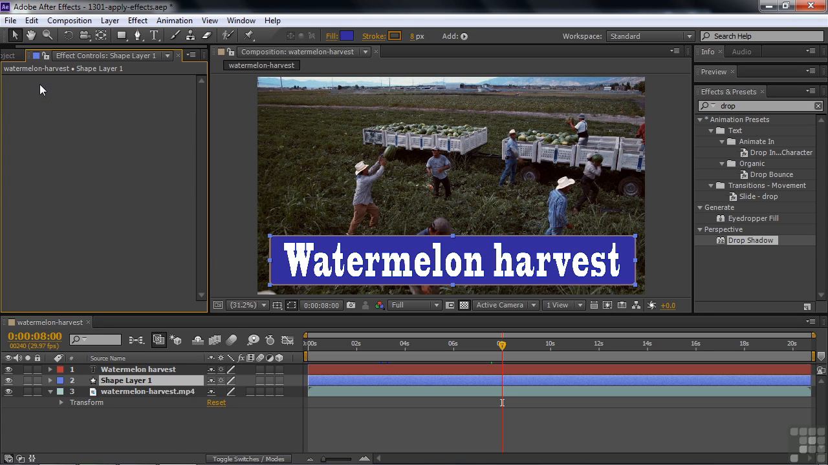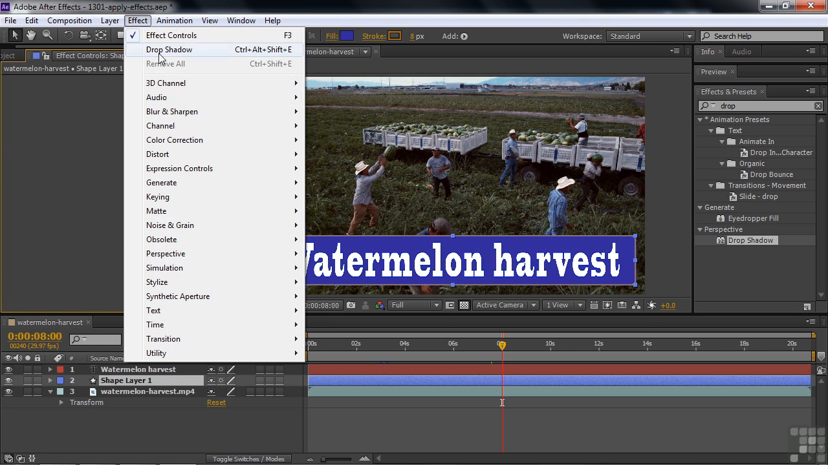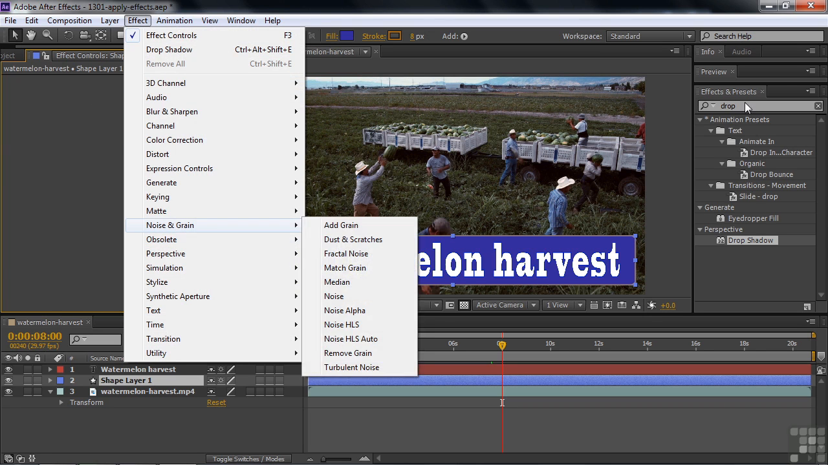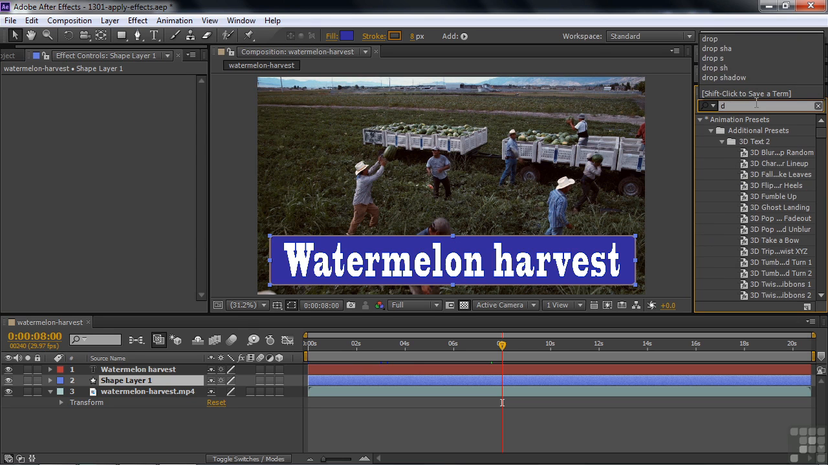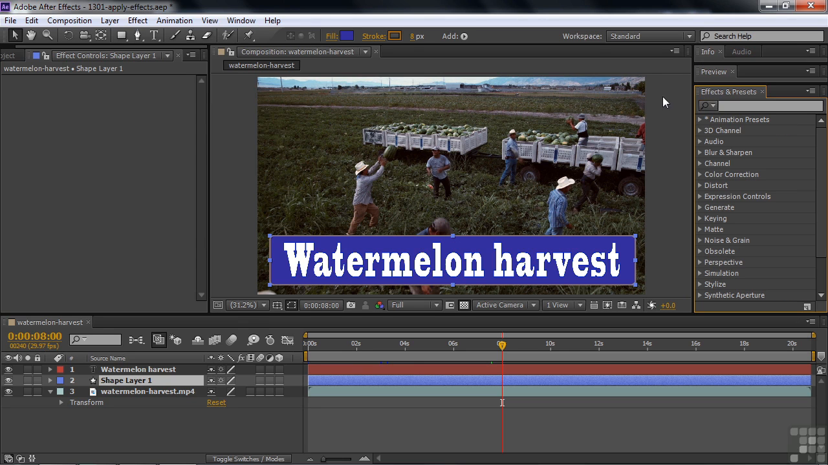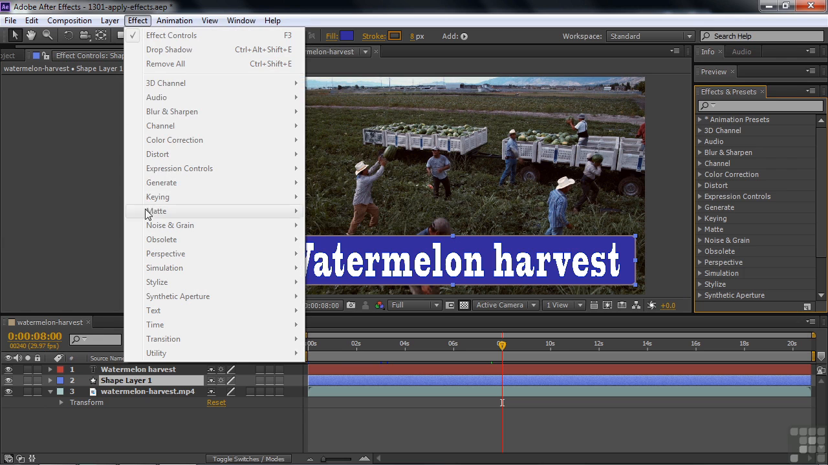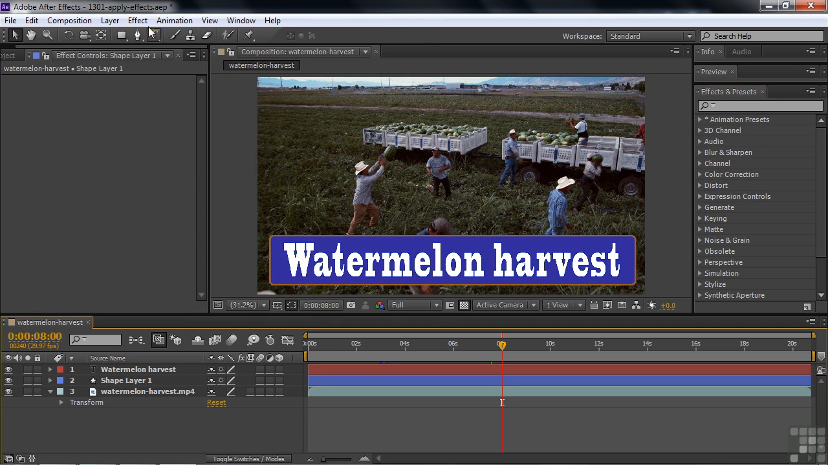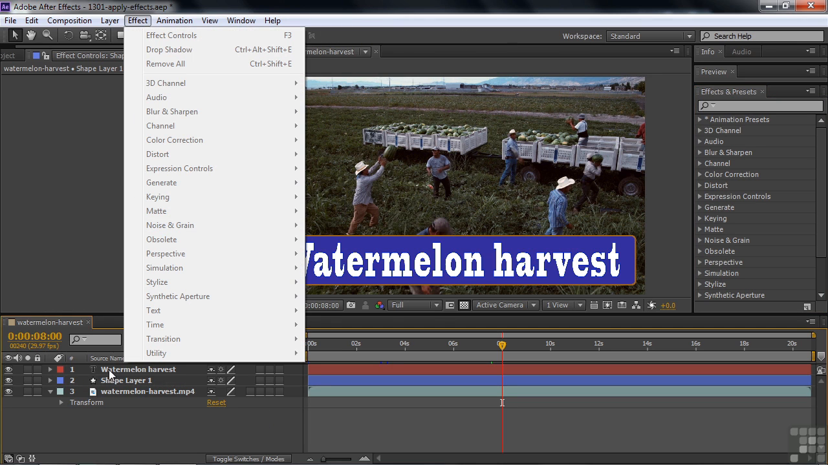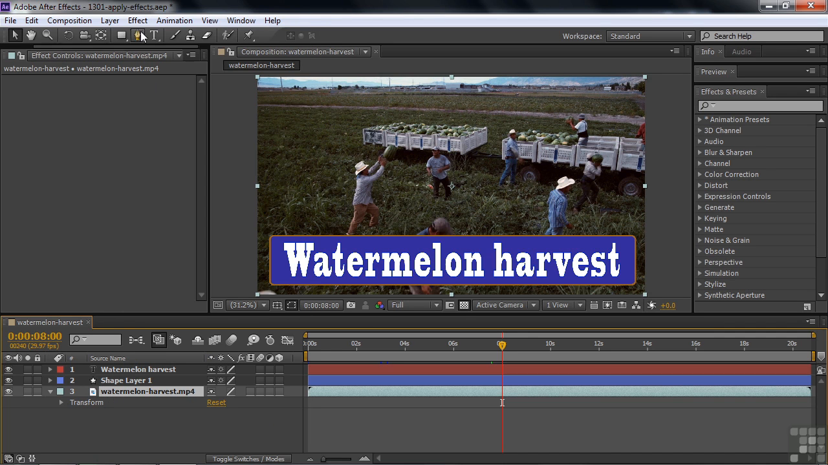There's one other way to apply an effect, and that is to use the effect menu. If I open that up, you see all the various categories here, matching the categories over here. Make sure you can see that by closing that down. If I go over here and go effect again, you notice that the categories are grayed out. That's because this panel is active as opposed to the timeline. Make the timeline active, and now I can go up here and you'll see that it'll be grayed out again because no layer is active. So I go to the last one here, watermelon harvest,